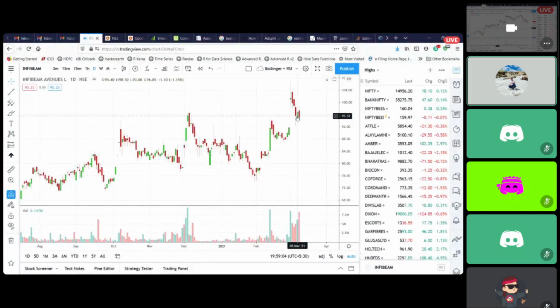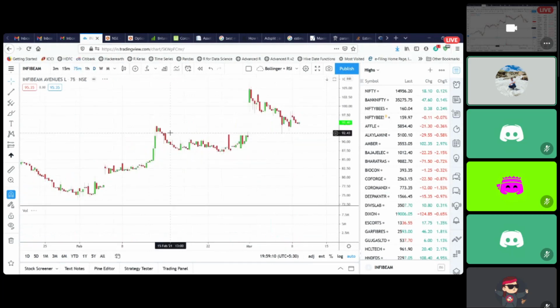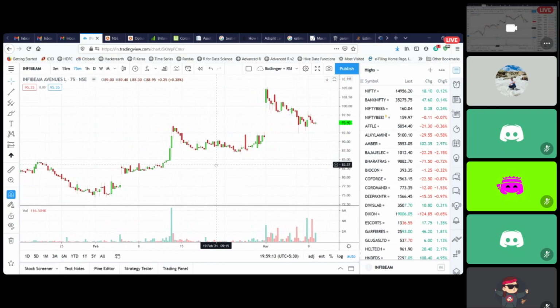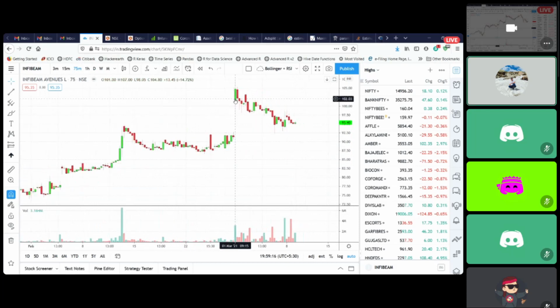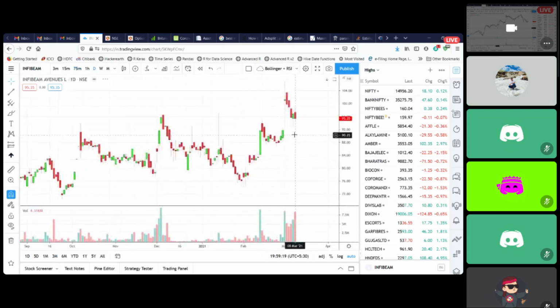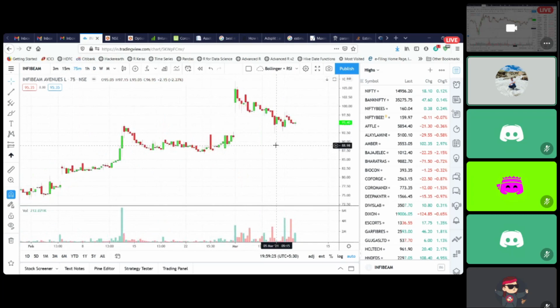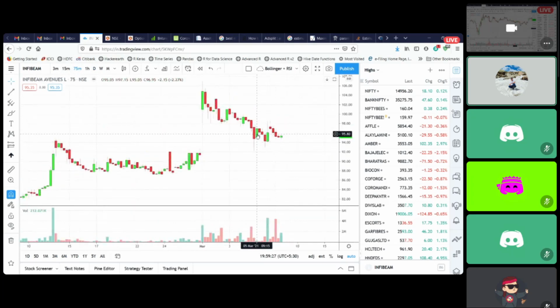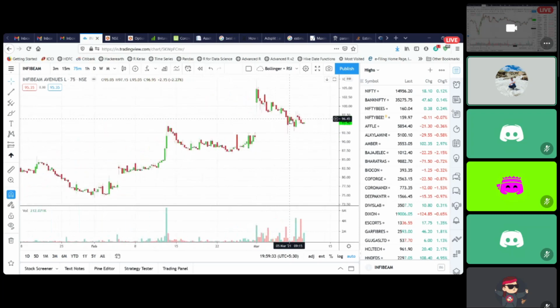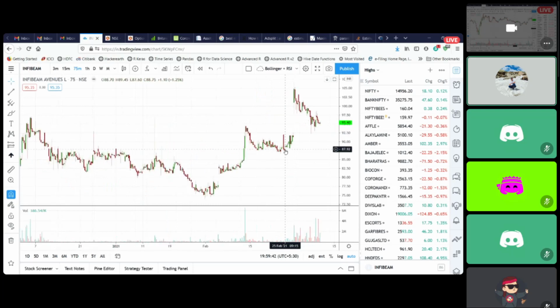So from a daily perspective, there is no trade in this because in the daily it failed. Let's see what it did in the lower time frame charts. The wick rejection would have been on the 5th of March itself. It opened here. Even on a 75-minute time frame, you don't really have an entry in this. If you were to take an entry here at 96, your previous support was 87.5.